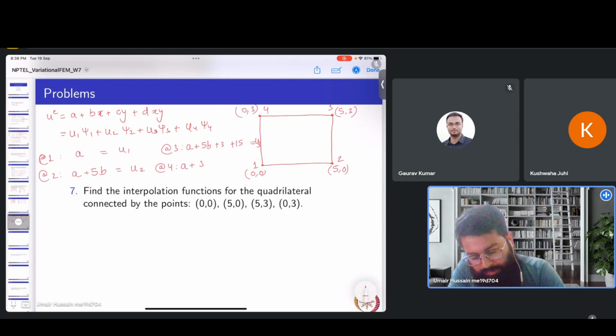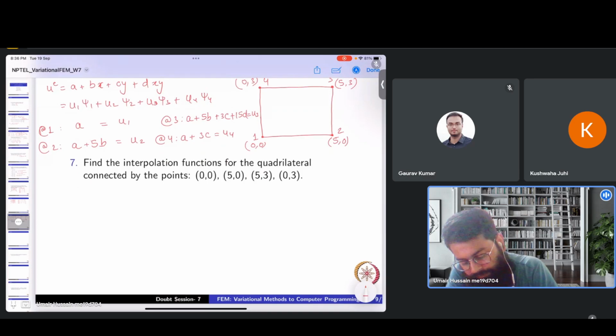So it's 5B, 3C plus 15D. That equals U3. Okay, I hope this is right. Then at node 4 we have A plus x is 0, so we will have only 3C equals U4. So if we assemble these equations, we'll have